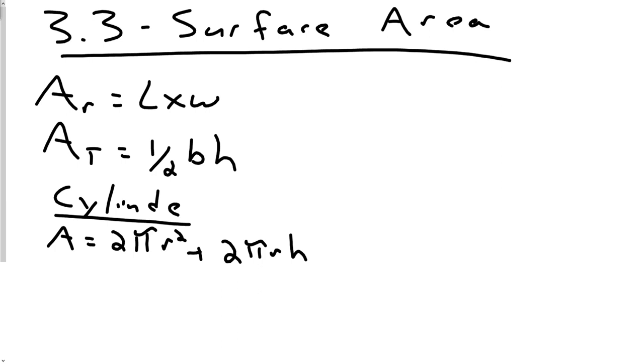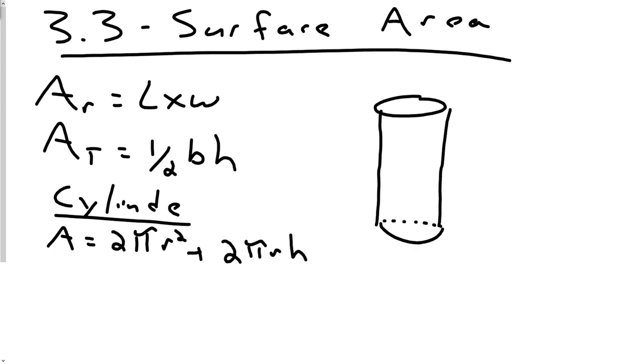A cylinder is some kind of shape like that, with your height here. This is your radius. Now the first part of this formula,